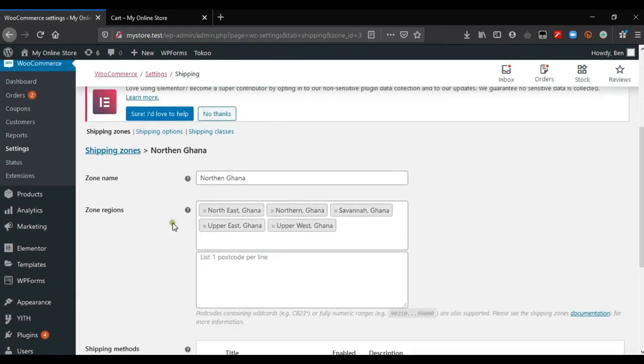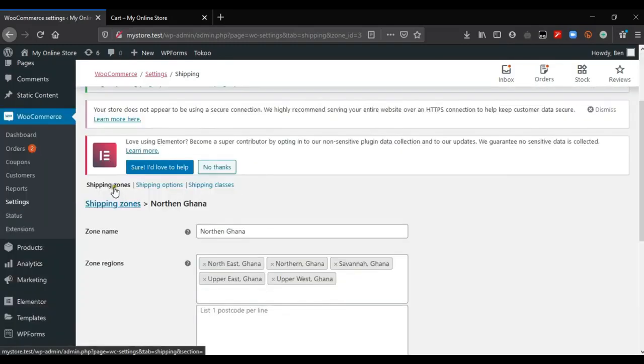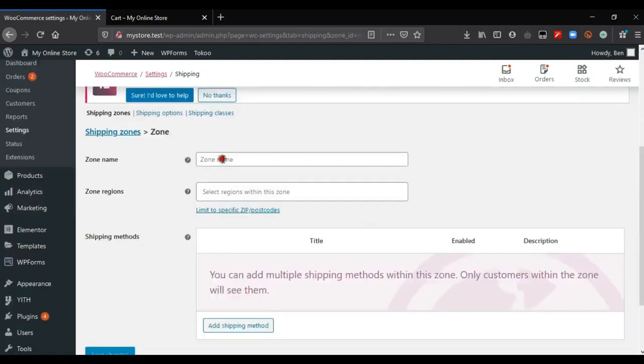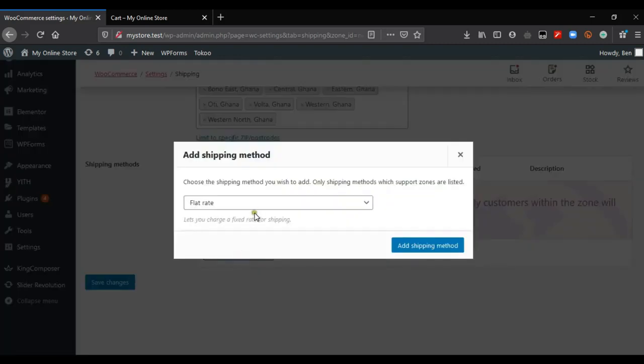And let's say you want to complete the other one to add another shipping zone. What we can do is to go to shipping zones again, add shipping zone. So to be able to know the zone name, I think the best thing to do is to add the regions first. So let's say that, for instance, in Ghana we have 16 regions. We've used some of them. Let's say we want to classify all the other ones and give these regions a particular zone name. So these are the remaining ones. If only you want to classify all these under a particular zone, then the name could be something like Southern Ghana. Then you can add a shipping method such as flat rate